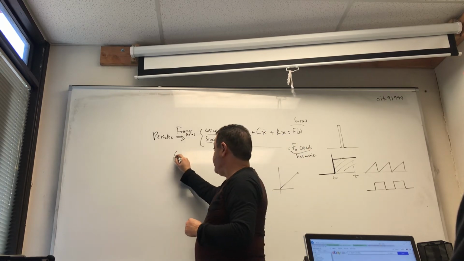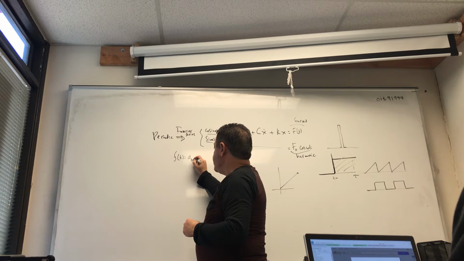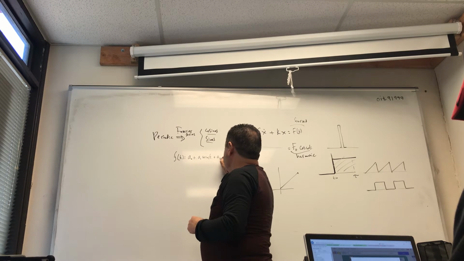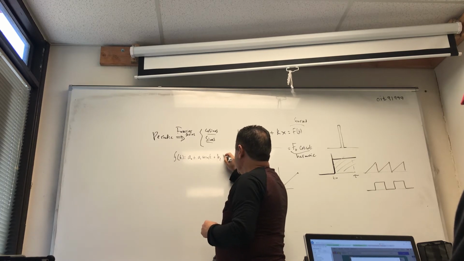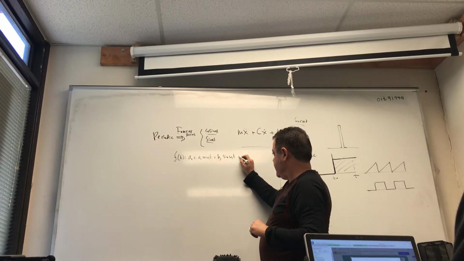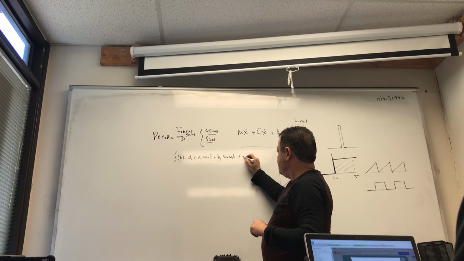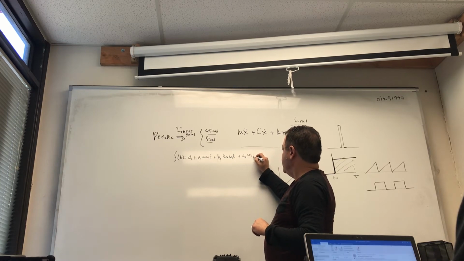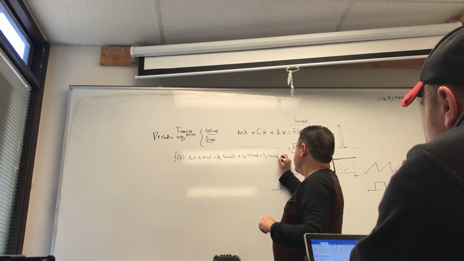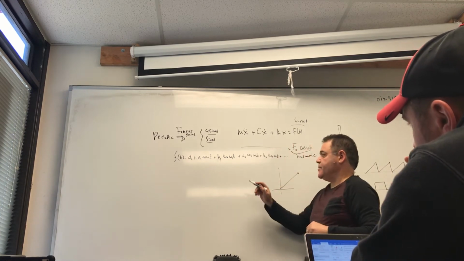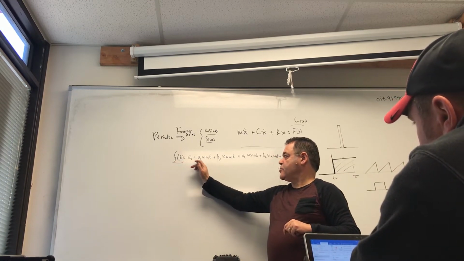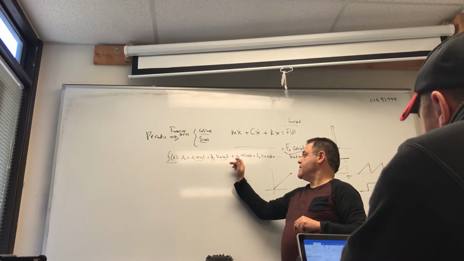So if I have, for example, f of t equal to, let's say, a0 plus a1 cosine omega 1t plus b1 sine omega 1t, and this is just as a demonstration, plus a2 cosine omega 2t plus b2 sine omega 2t plus etc., etc. So what I'm showing here is how a typical periodic function is described in terms of different sines and cosines,